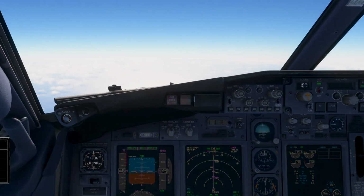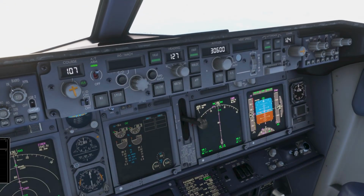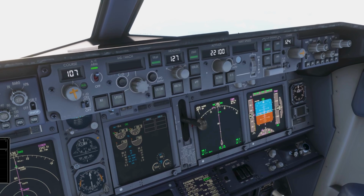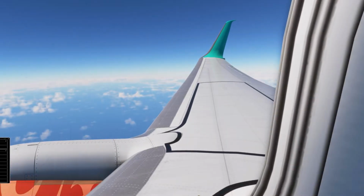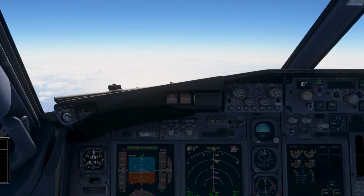Okay, let's go ahead. 35,000. We're gonna drop this down to 11,000, which is gonna be our bottom altitude, and then let's plan on getting some. See how nice it is out here. It's just beautiful, beautiful weather here in the Caribbean. Let's plan on getting some